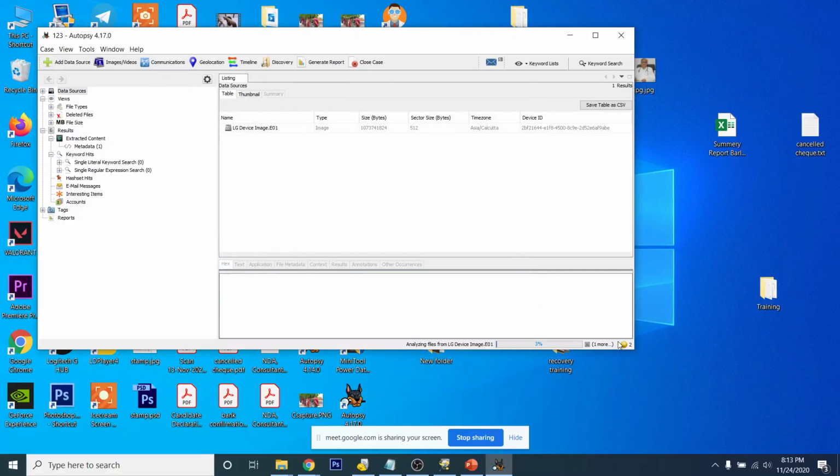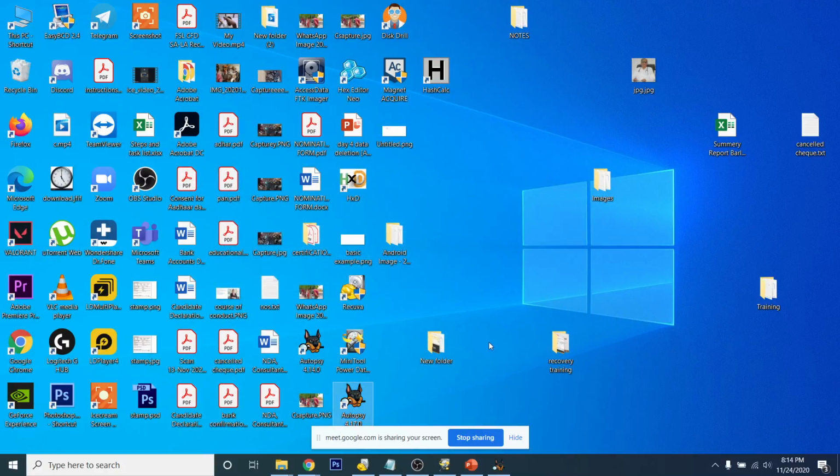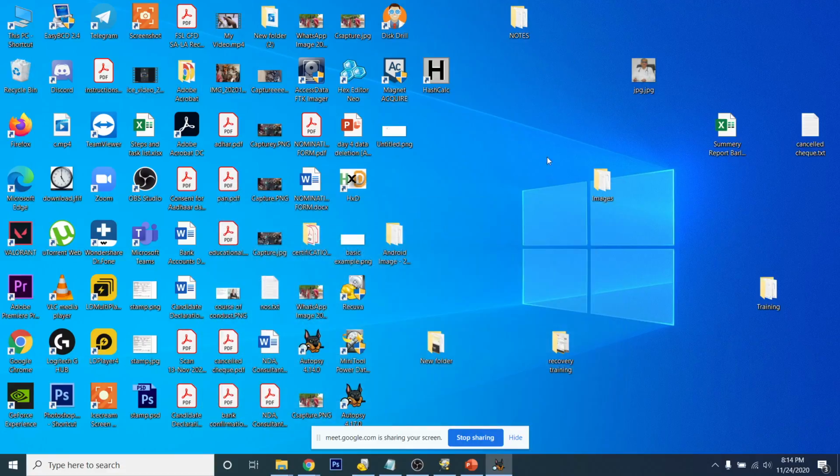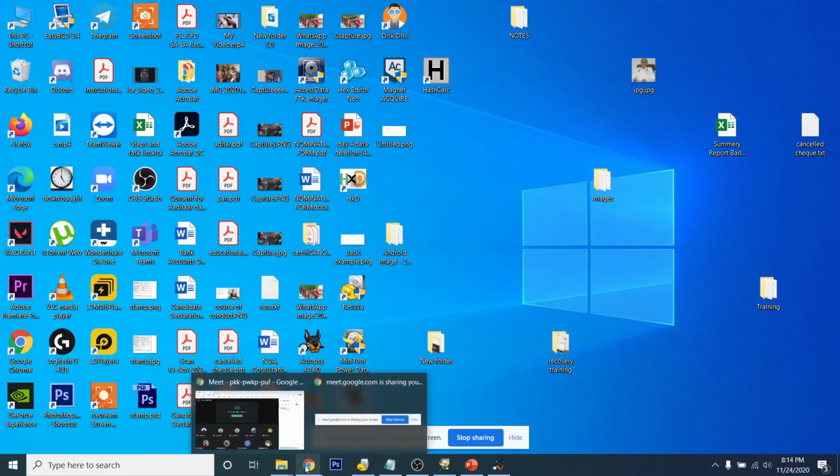So this is also a lengthy process. You can see 3% is only done, but it is similar to Minitool. You can analyze the data live. So we will be continuing it soon. Let's give it some time to analyze some part of the image. Till that time we can continue with the cloud recovery.